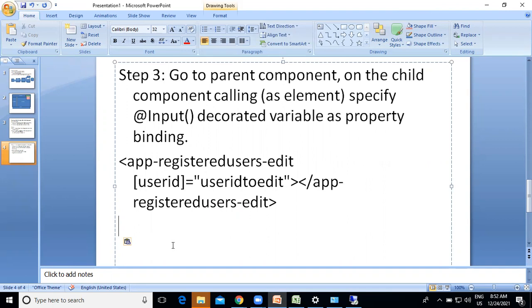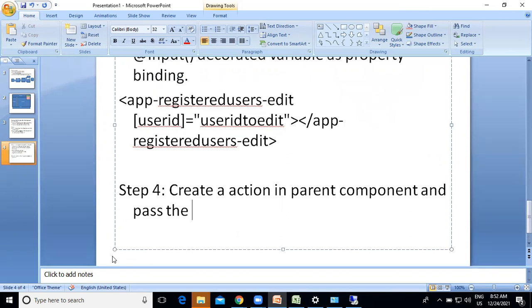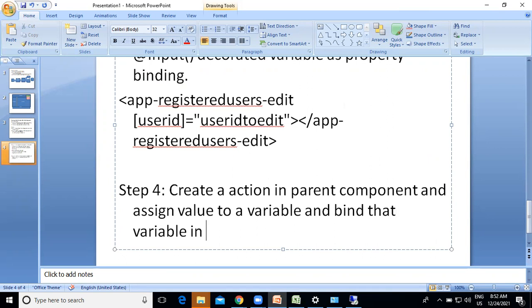Okay, is that done? Next, step 4: create an action in the parent component and assign a value to a variable, and bind that variable in the child component selector input variable.